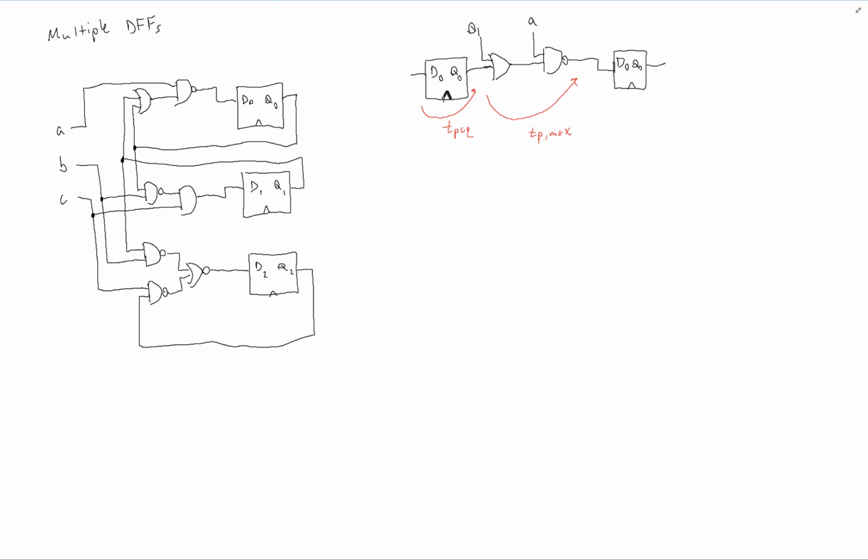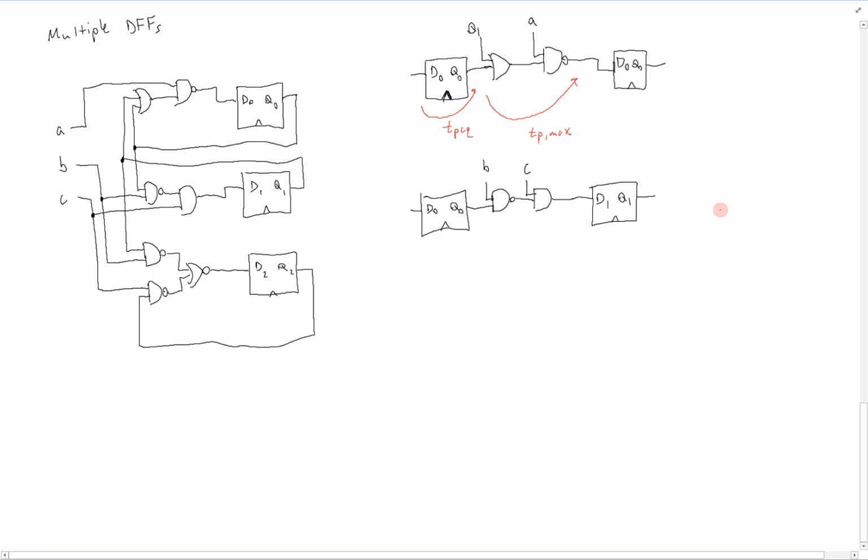And so we can look at other such paths. For example, if we look at Q0 again, or this first flip-flop, there's also a path to the second flip-flop. So it goes from Q0 into this NAND gate with B, and then into an AND gate with C, and into the second flip-flop. And so that path looks like this. Now, there are some other paths. So from the second flip-flop, from this one, we see that there's also a path to the first one, and